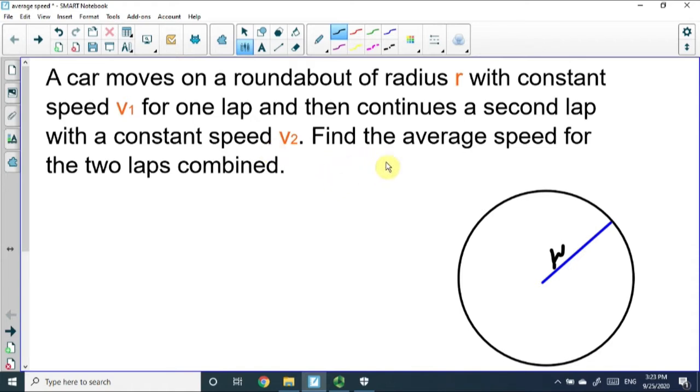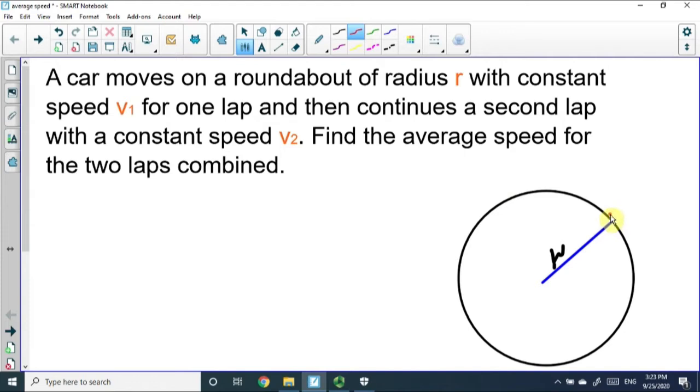And now the question is, find the average speed for the two laps combined. So if we think about the two laps together, the question is, what is the average speed for the whole trip? Now let's try to answer this question